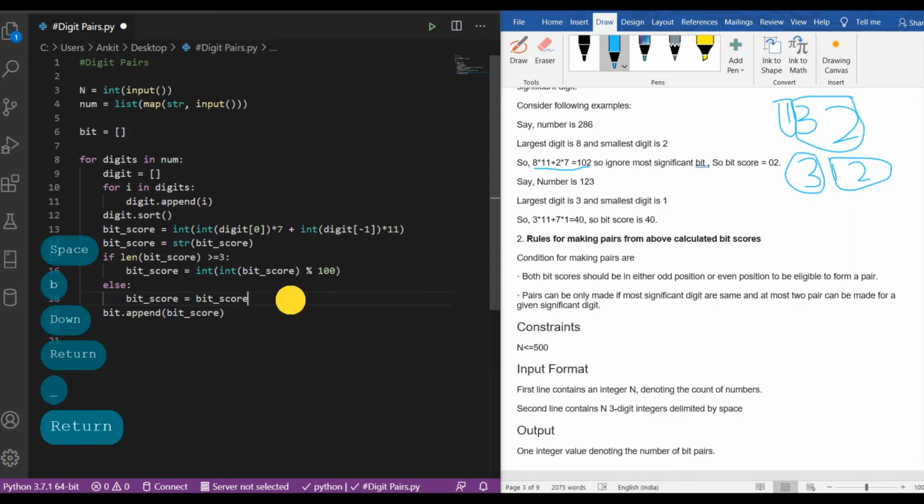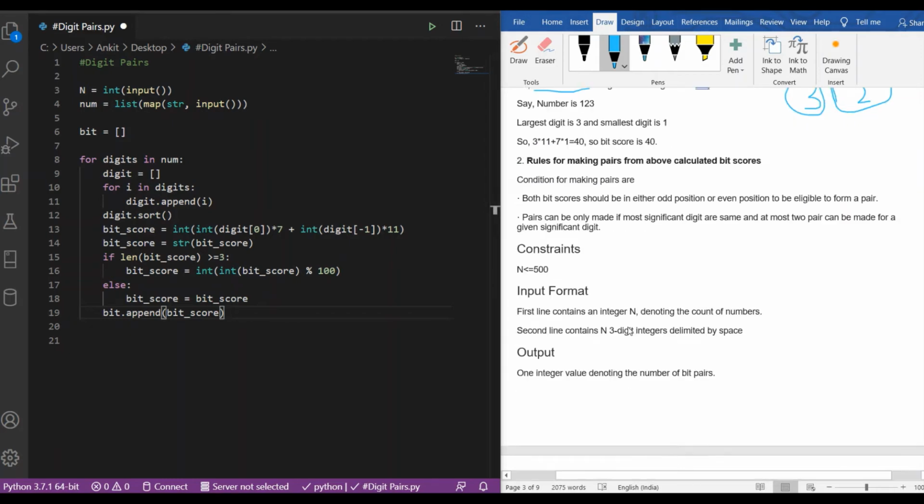And after that, we will append the bit score. And now, finally, we are done with the bit score, and we have got the bit score of 2 digits only.